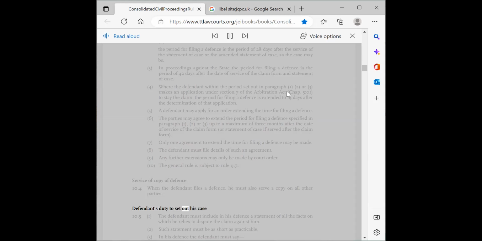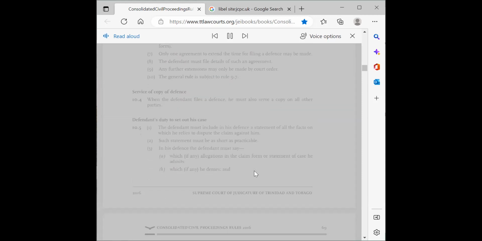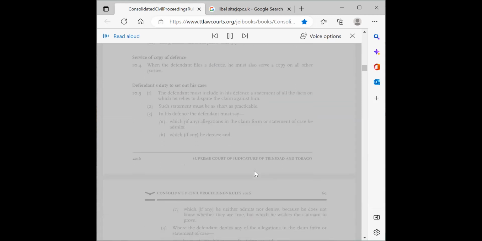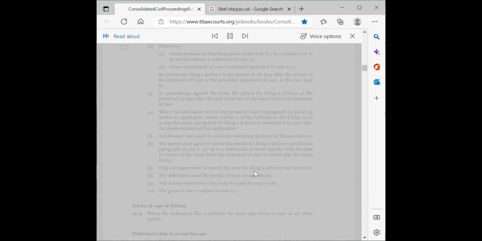Defendant's duty to set out his case 10.5. 1. The defendant must include in his defense a statement of all the facts on which he relies to dispute the claim against him. 2. Such statement must be as short as practicable. 3. In his defense, the defendant must say, a. which, if any, allegations in the claim form or statement of case he admits, b. which, if any, he denies, and